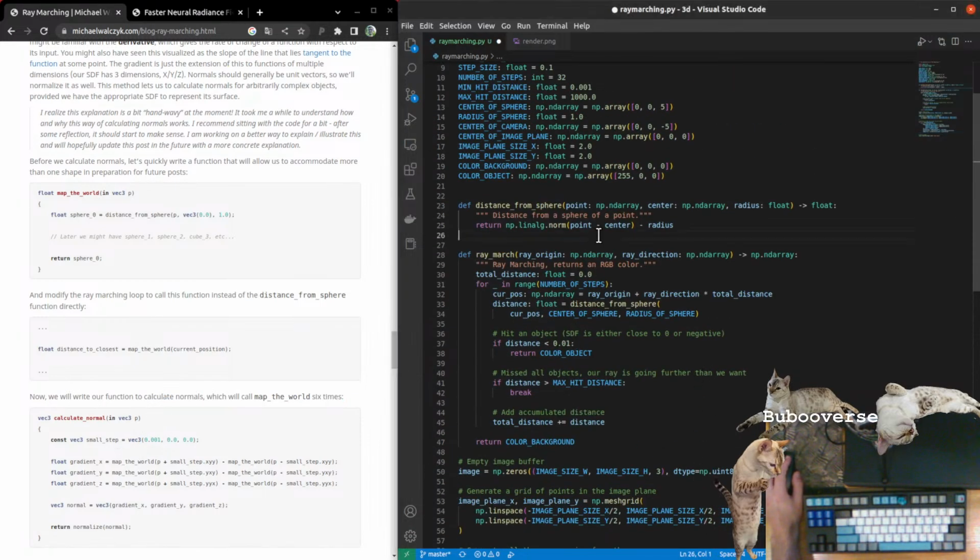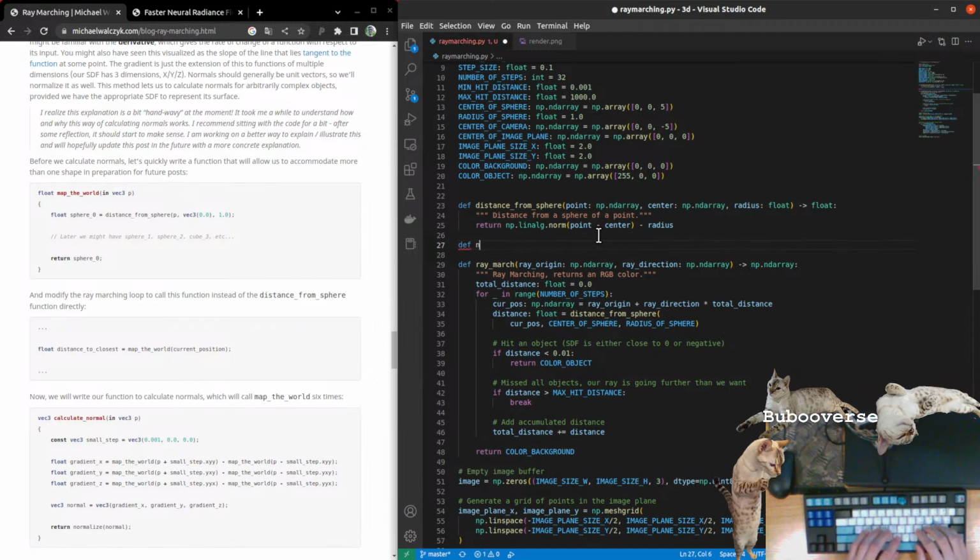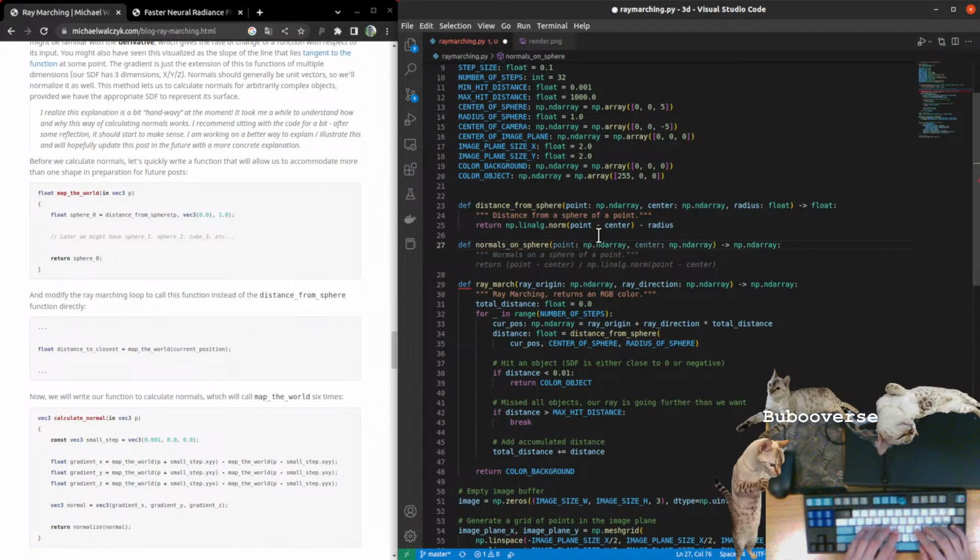So we're going to create another function here called normals on sphere. Let's see what Copilot auto-completed for us. We have our point, we have our center. This returns an np.ndarray, the normals on the sphere of a point. It takes the point minus the center and then divides by the norm, which is, I think, the correct thing to do there. However, this is just for a sphere, so we want